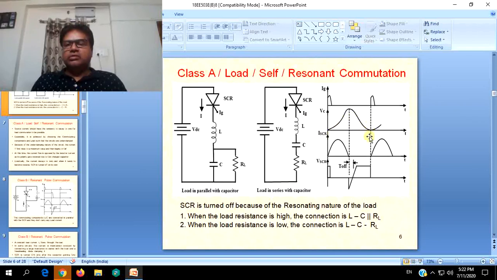It is at this point we will try to achieve that. By this time it should be totally turned off, and we will try to turn it off from this moment where the current tries to decrease. When the current is starting to decay or starting to fall, the turn off will be started and it will last and continue till the current becomes 0.